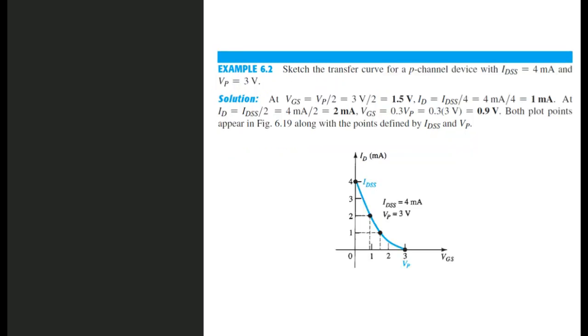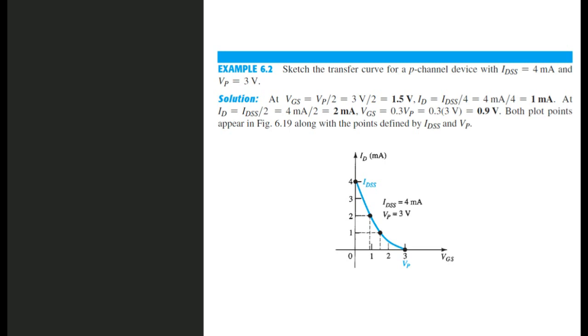Similarly, there is an example 6.2, and we have to sketch the graph here also. So it is, I think, just like the same example, just the one difference is it is a P channel device. In the previous example there is an N channel, and you can see in the graph which is sketched after the calculation, the P channel devices have